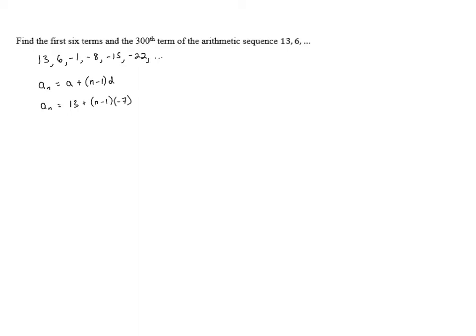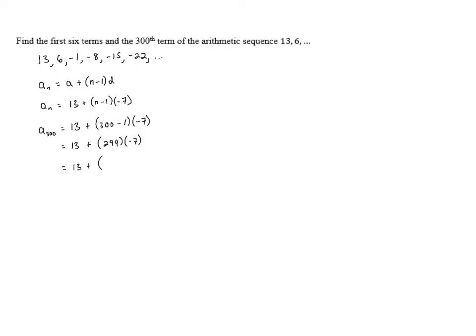So the common difference here is -7. We can either leave the formula just like this, or we can distribute the -7 into each of these terms and then combine like terms. Honestly, it doesn't really matter. I'm going to leave it like this to figure out what the 300th term is. So the 300th term, a sub 300, is equal to 13 plus 300 minus 1 times -7. Now, 300 minus 1 is going to be 299 times -7,